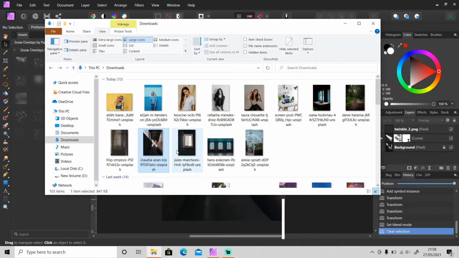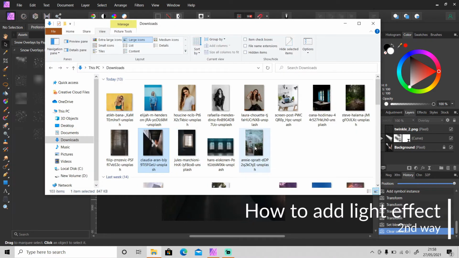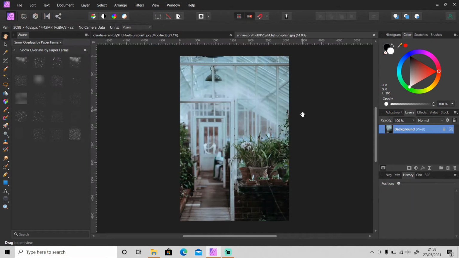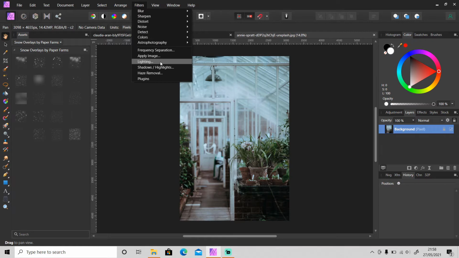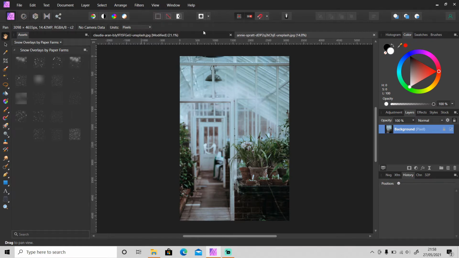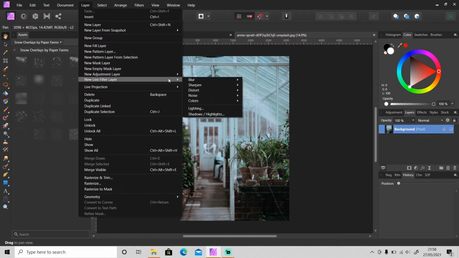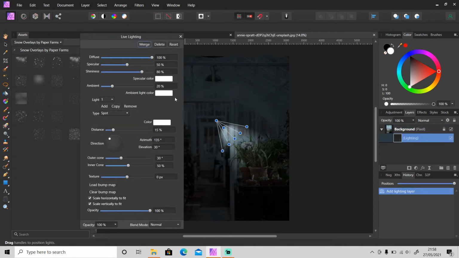And for the second way, I'm going to use this photo. The second way I have already shown you before in the previous video. Okay, so you can use the lighting filter to add a dramatic light to your photo. Let me show you one more time. You can also watch this video. I'm going to apply the filter, lighting. Okay,